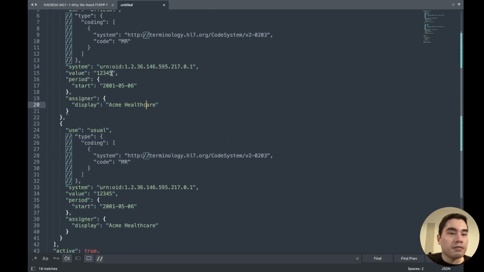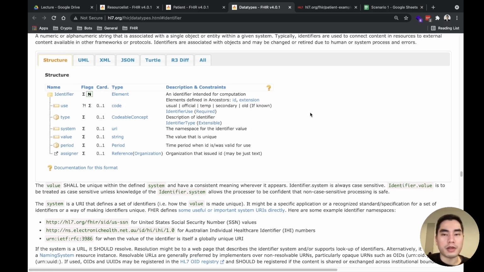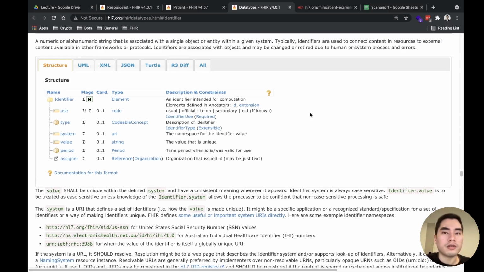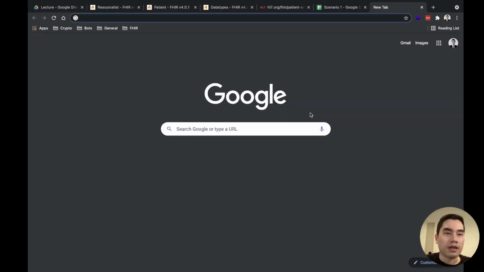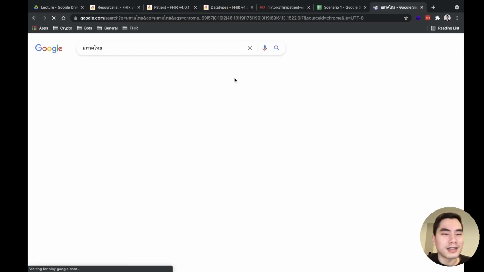And system is the system of the identifier. In other countries, there might be an official URL for you to use, but in Thailand we still don't have it, so we can define our own code system for now. And because, what is it called in English?